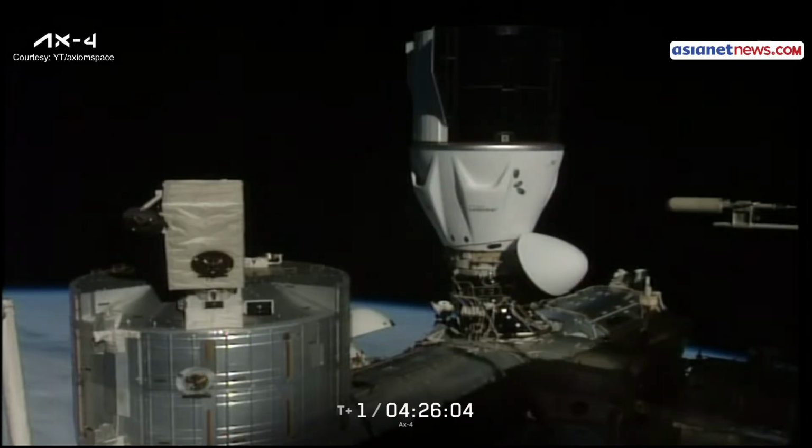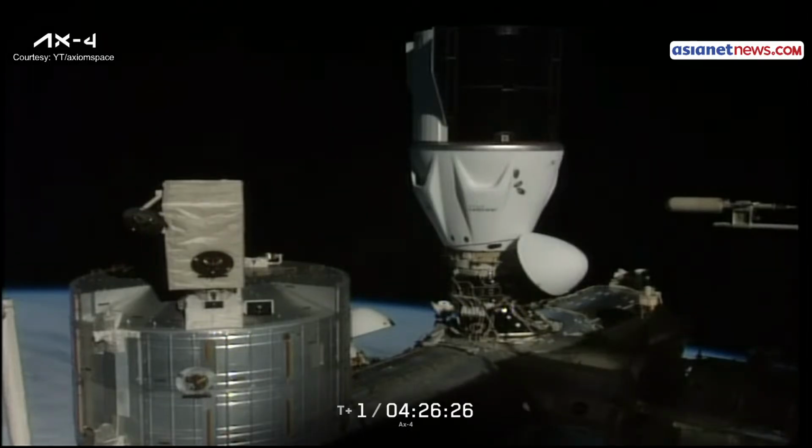remarks. The contact for Axiom Mission 4 to the International Space Station was about a half an hour ago at 5:31 a.m. Central, 6:31 a.m. Eastern. And as they continue to configure the hatch opening procedures for NASA astronauts Anne McClain and Nicole Ayers, between the two of them, we'll continue to work those procedures and we'll hear those communications throughout in anticipation of